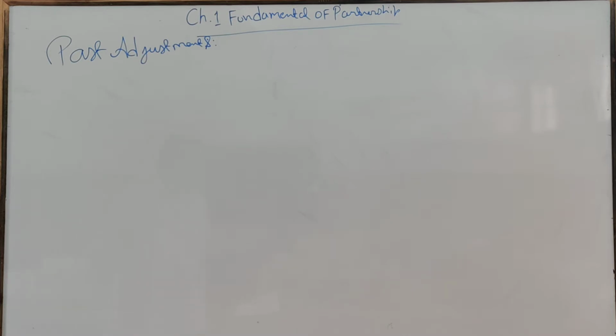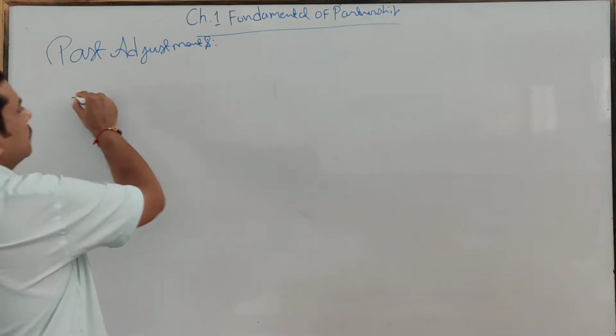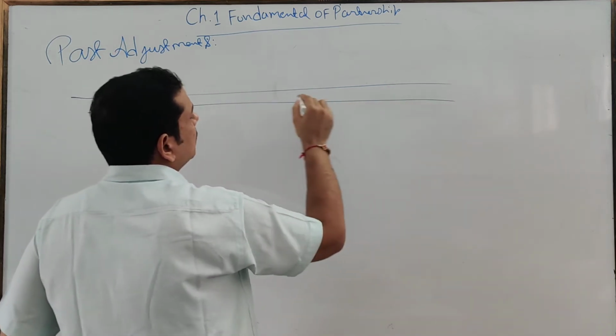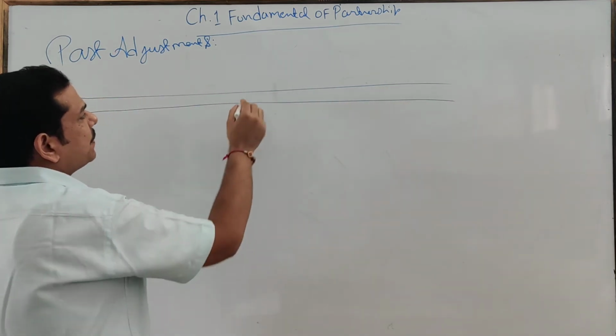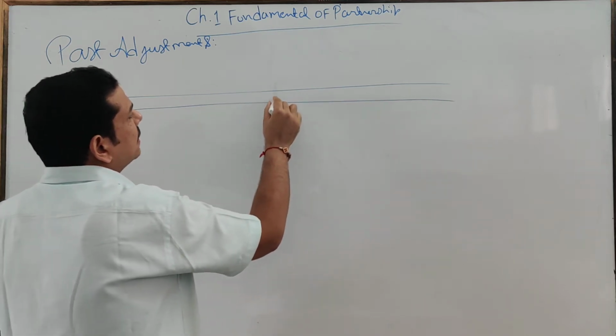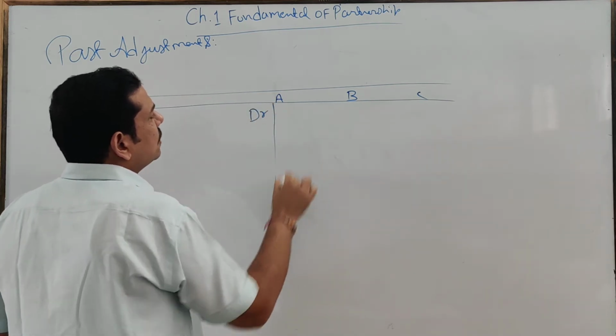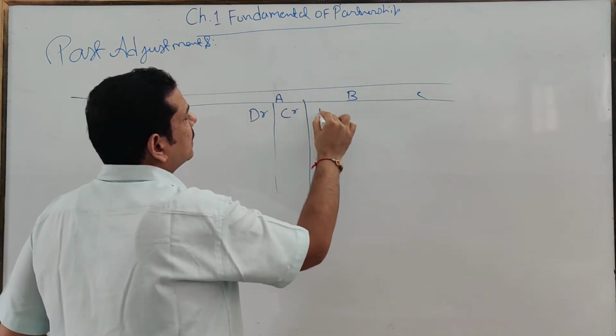So instead of altering the whole final accounts of the partnership, it is better to adjust it through the capital account. That is called past adjustment, and we are going to make it with the help of an analytical table. Clear? So how are you going to draw it? First draw an analytical table and prepare debit and credit columns for each separate partner. For example, here there are three partners A, B, C. So prepare individual debit and credit columns.